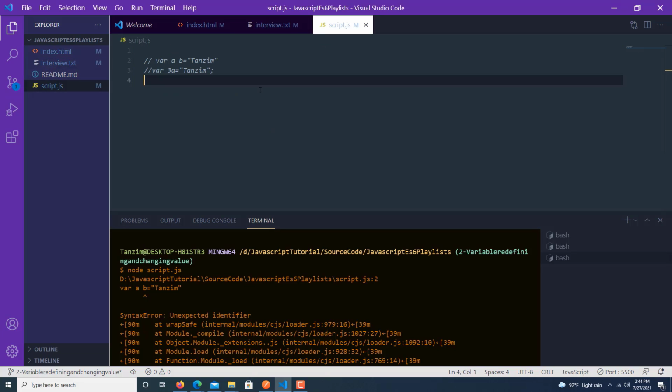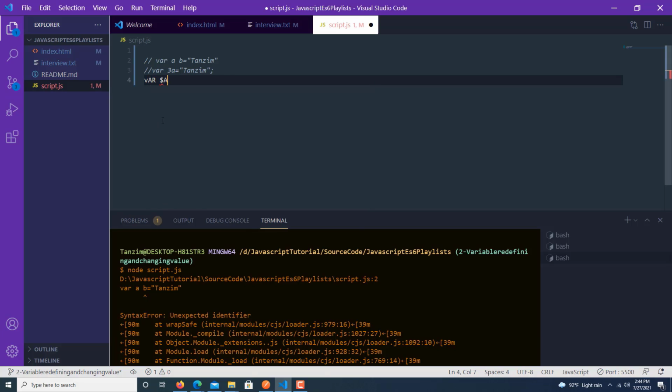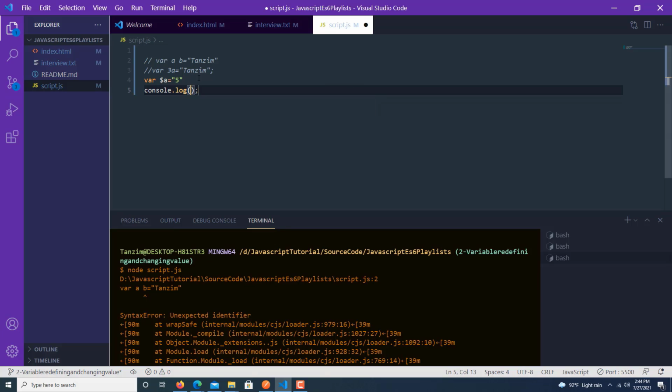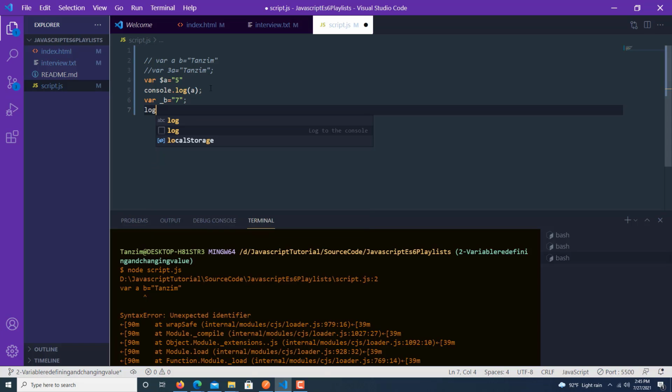Okay, so if you write something like var $a equals to 5, then console log $a, and if we again write var _b equals to 6 or 7, and console log